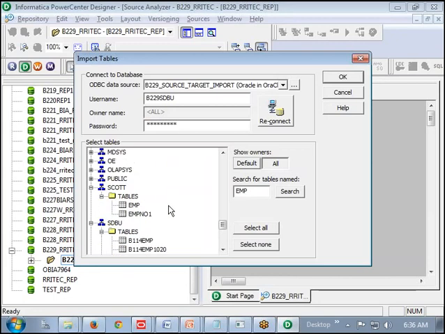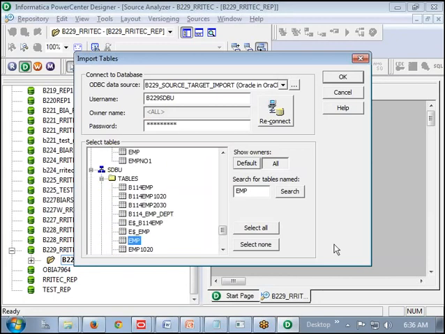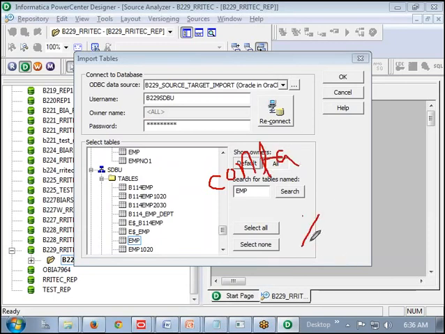Wherever EMP is available, wherever it contains EMP, basically it's going to search like contains. What is that? Contains means percentage and whatever you wrote here. Starting may be anything, ending may be anything, in between EMP should be there. That's the meaning of contains. Okay, now I hope you understand what this window is doing.